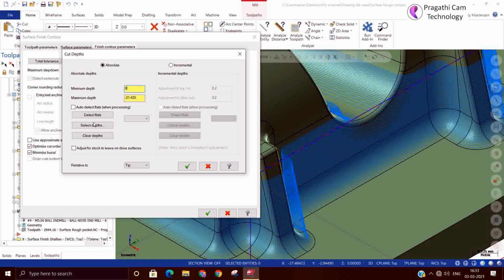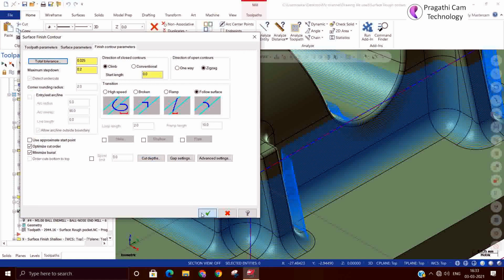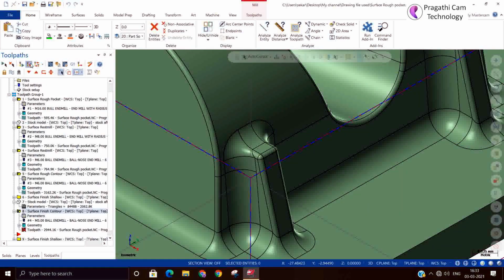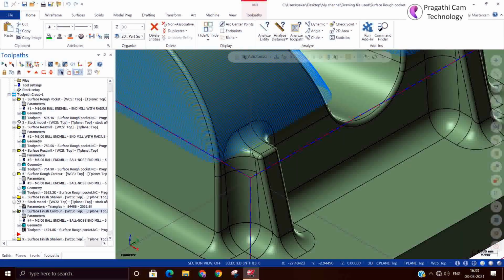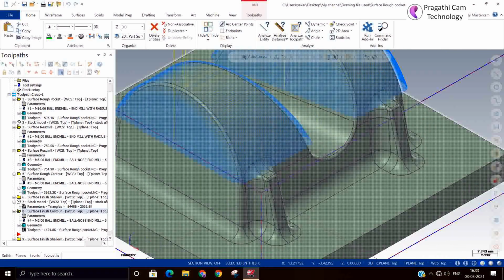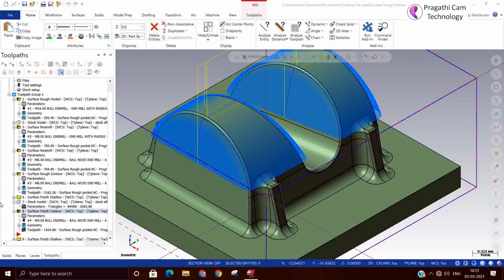Okay, and regenerate. So up to here I use one tool to machine, and below that I use another tool for machining. This is called the depth strategy.